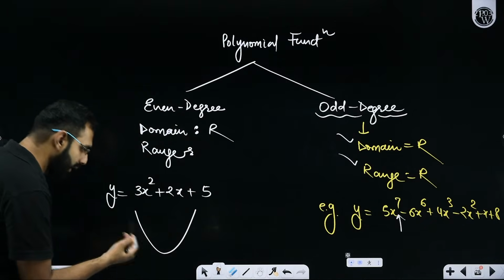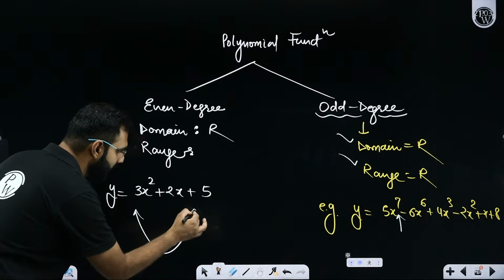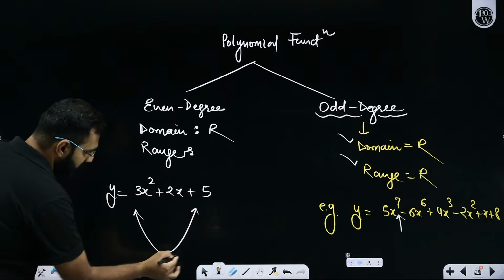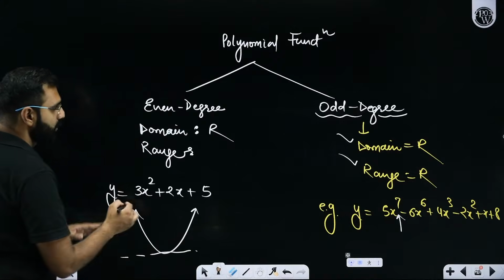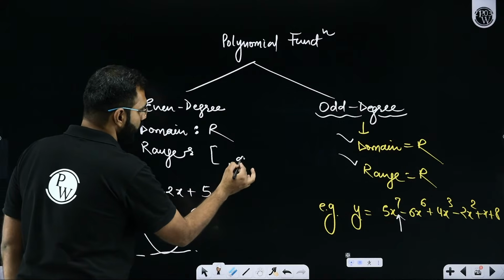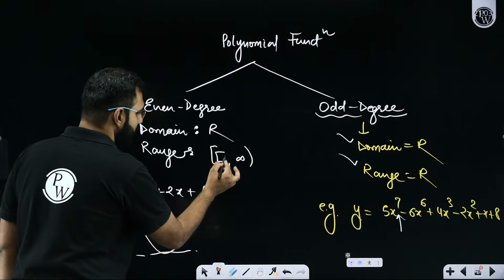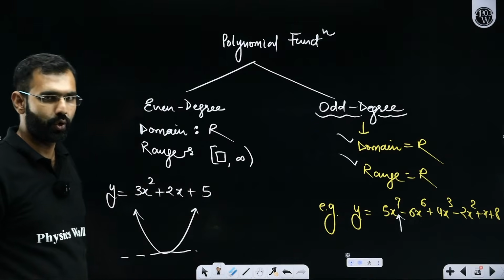And here in this case, wherever the x-axis and y-axis are, they will keep going up till infinity, but it will attain a certain minima. So its range will be some fixed value to infinity. Sir, what will be that some fixed value? I'll teach you to figure it out. Don't worry.